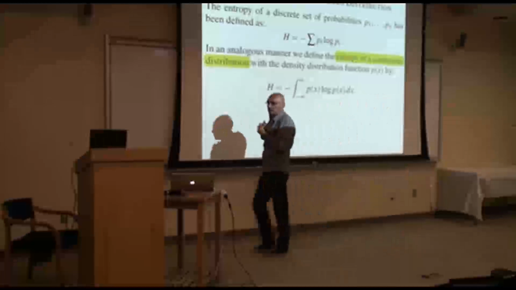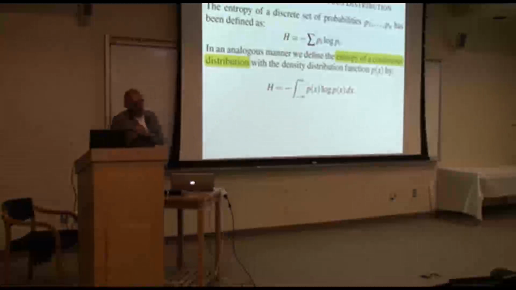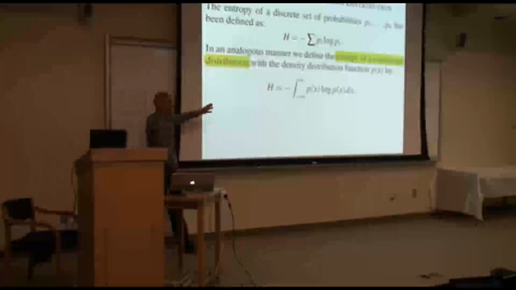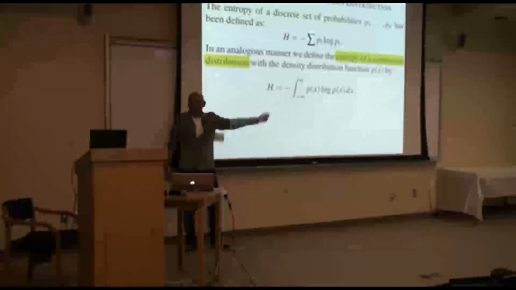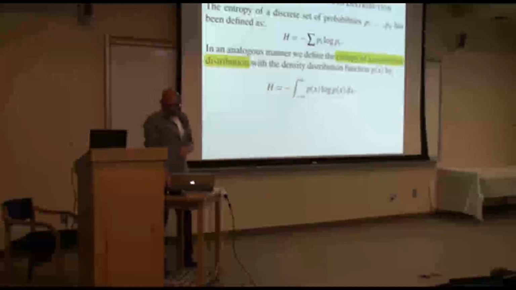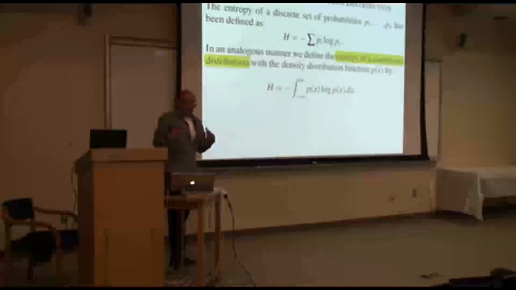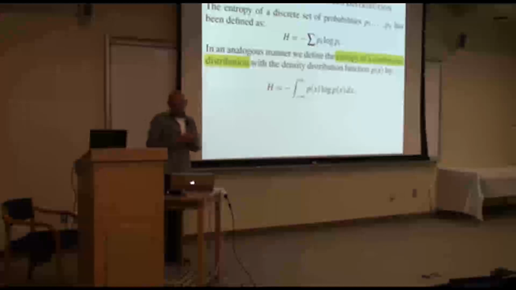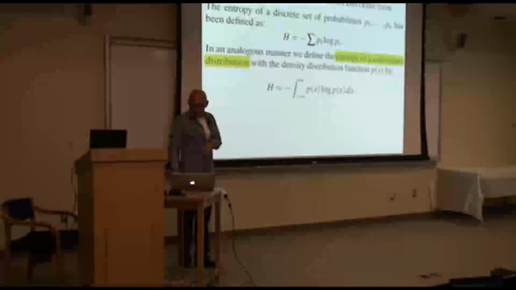So there are many reasons why one should abstain from using this. Anything you can do with this, you can do more elegantly with relative entropy. And you cannot imagine how many people have fallen into the trap of thinking that this has the same properties as entropy. So for one thing, this can be negative, right? There are nice distributions that have negative differential entropy, and then of course there is the whole idea of the volume interpretation and all that, which is kind of like a placebo. But I know that there are people in the audience who disagree with that.